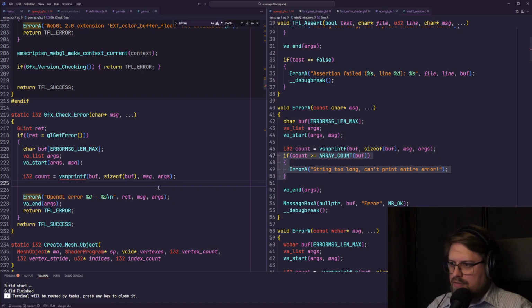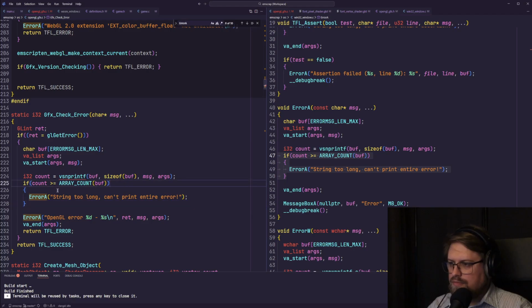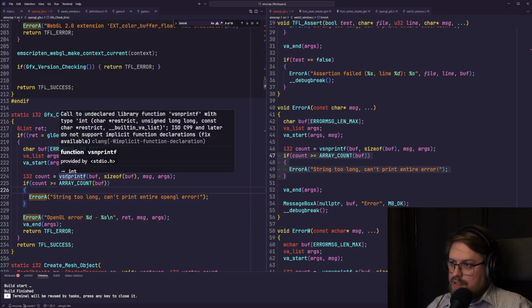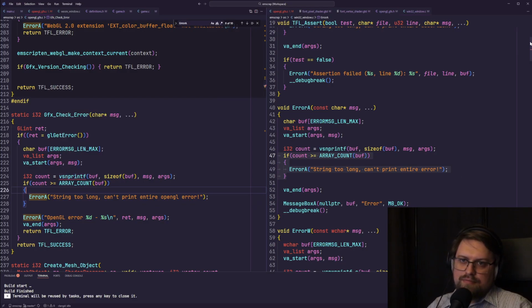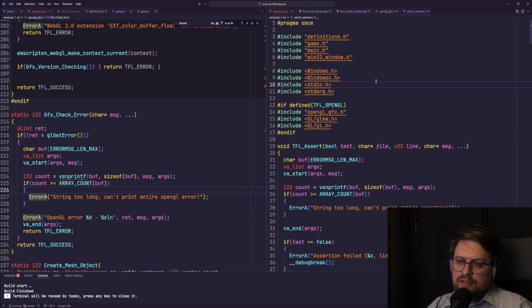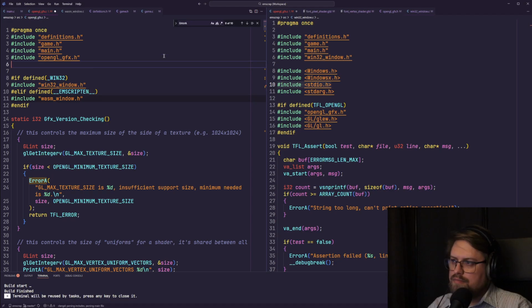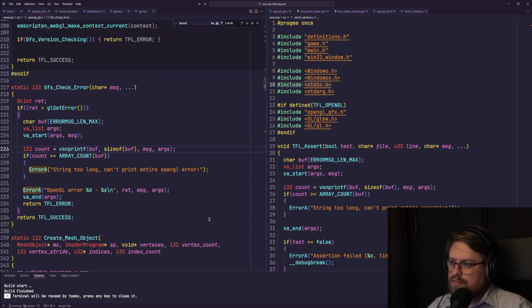And then if the count is too long, this is undeclared because I need standard IO. Yes. So if the count is not too large,